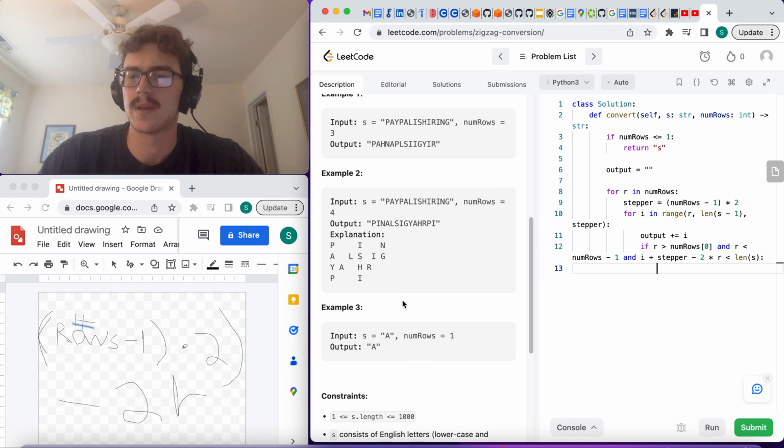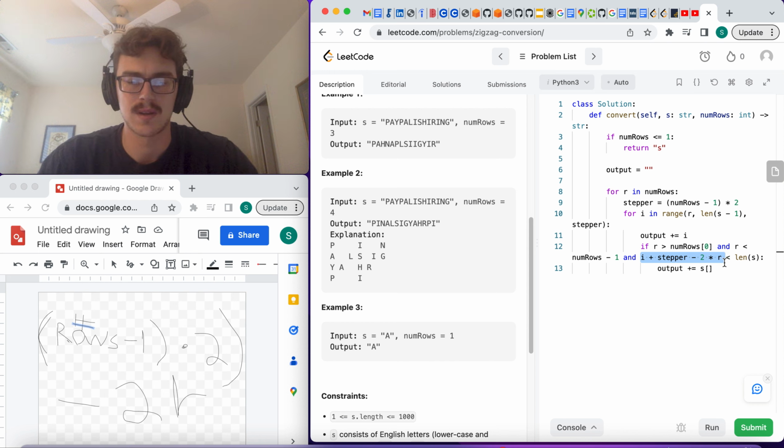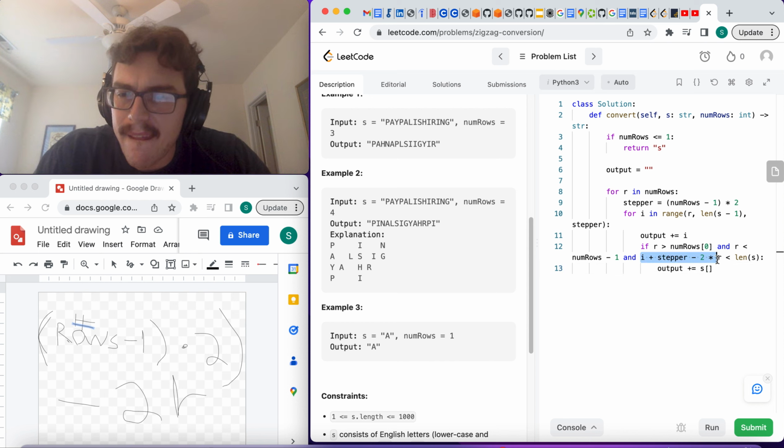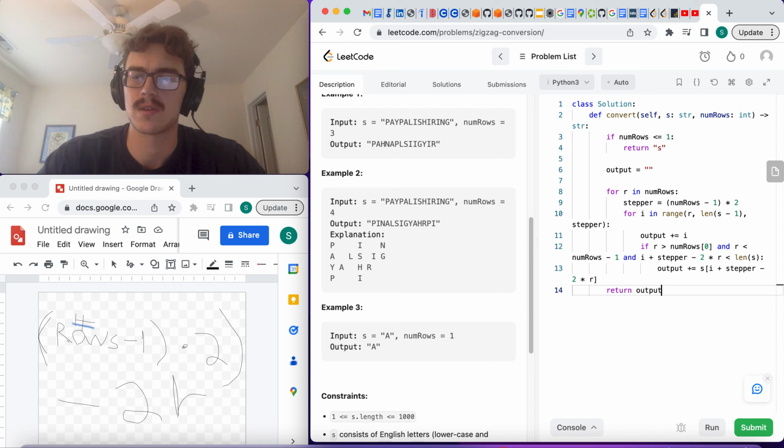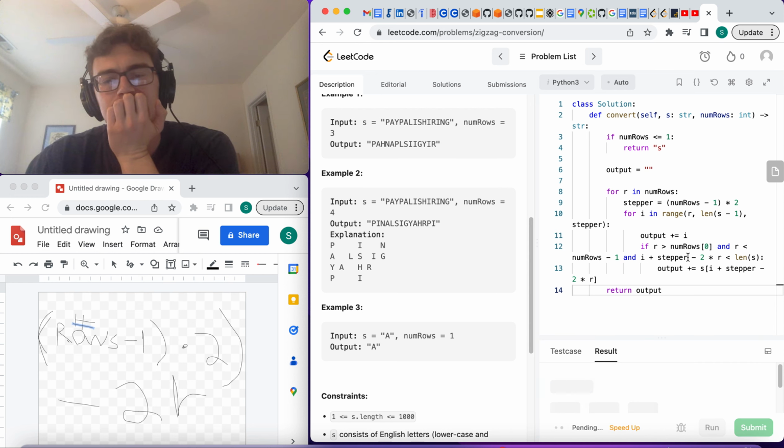Then we need to implement this part. So output plus equals S of this I. I feel like we're close. This problem's so confusing me. Okay. And then at the end, we're just going to return output. Okay. Don't think that's going to work, but